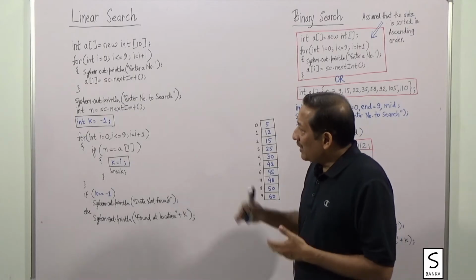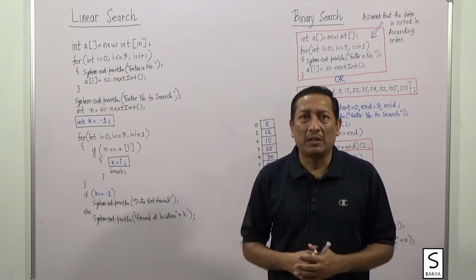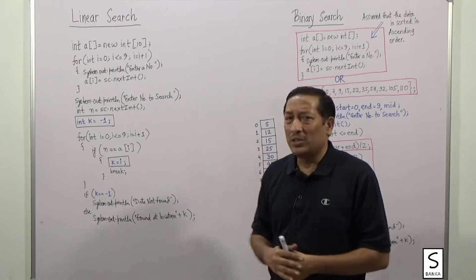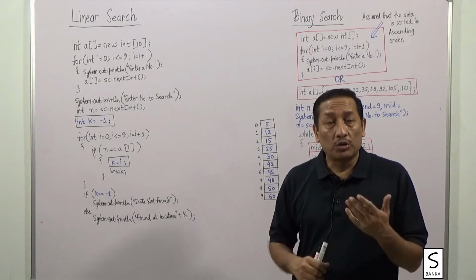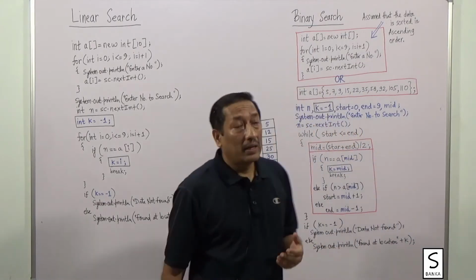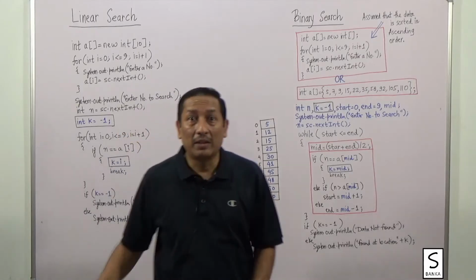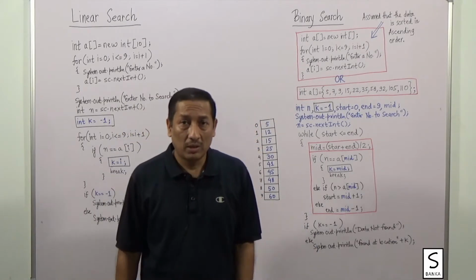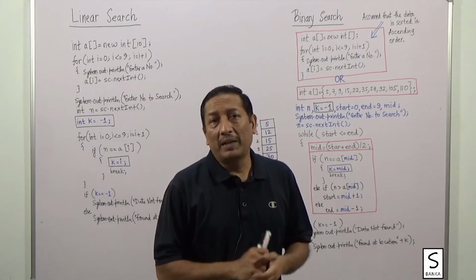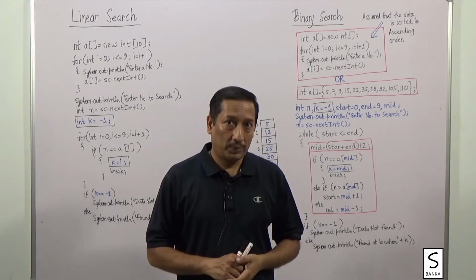Now, when we discuss this method, linear search, very simple method, very easy method, generally we are able to understand it the first time itself. So the question arises, why do I need another method? Here you see binary search looks more complicated than the linear search method. So why do I need to go for binary search? One very big reason is that linear search method is a very slow process.